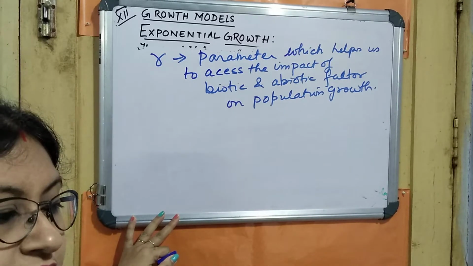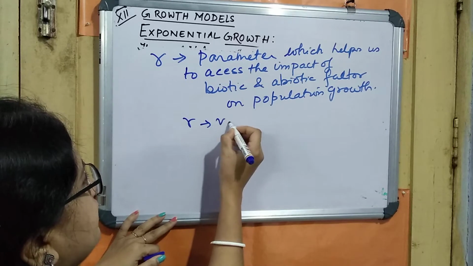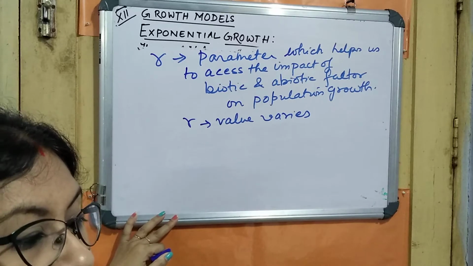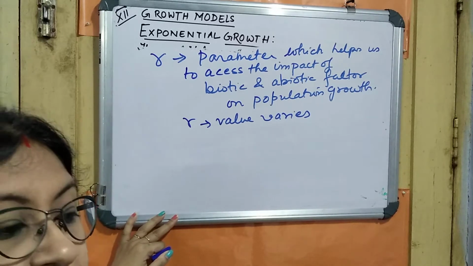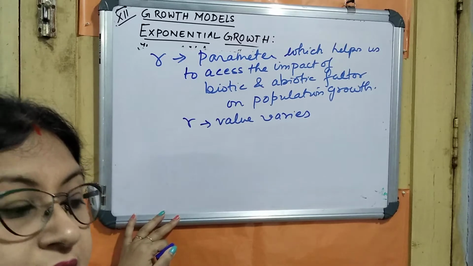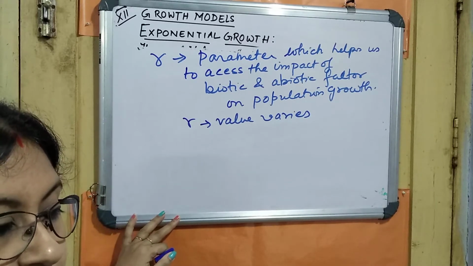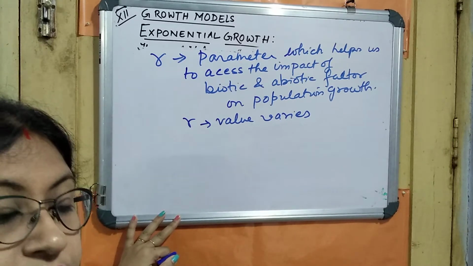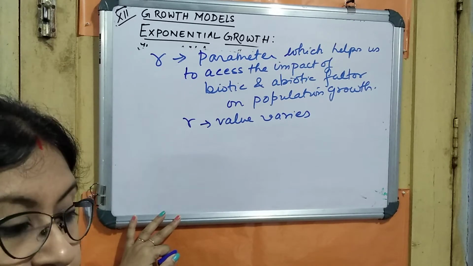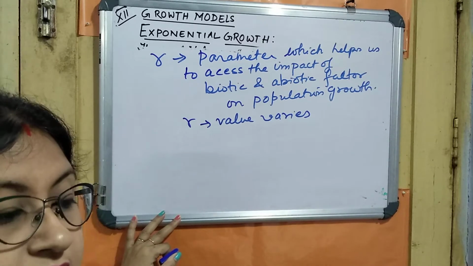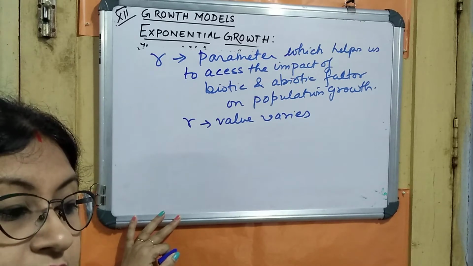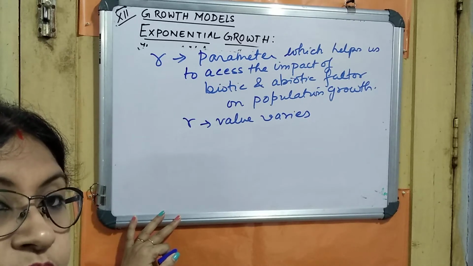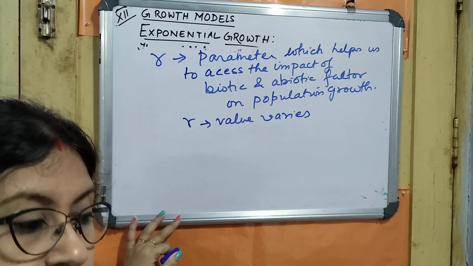This value of r, obviously it will vary. The r value varies. It is not constant, because it changes with space and with time. It changes with a different place. Suppose we give an example like the Norway rat, where the intrinsic rate is 0.015, whereas for a kind of beetle the intrinsic rate can be 0.12. So the r value of the human population can also be taken in different areas, right?